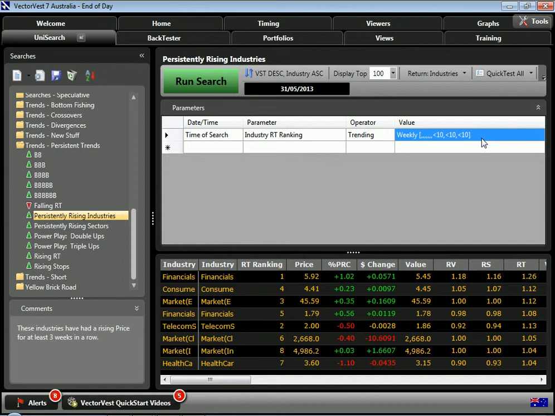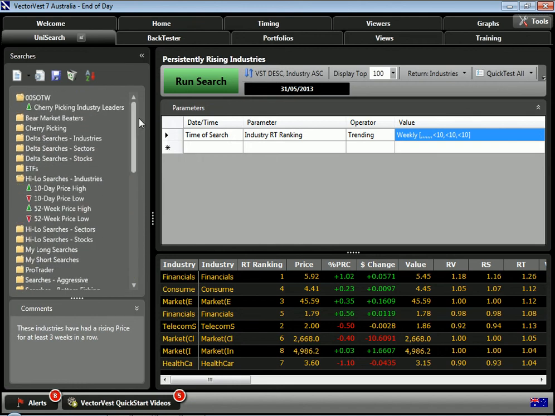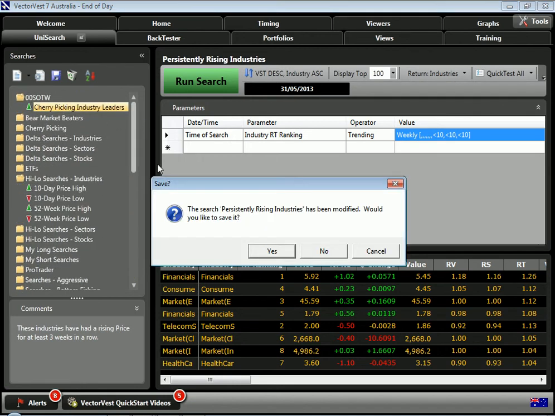So that's some of the theory behind the tools that are available to you in VectorVest. And that's one of the reasons, by the way, we call it the most powerful search engine ever created by man, because you have that kind of power. But I'm the manager of research, and ultimately it comes down to results. So for me, the acid test is, can we get close to Kevin's performance? Let's scroll back up to that Strategy of the Week group and the cherry picking industry leaders search